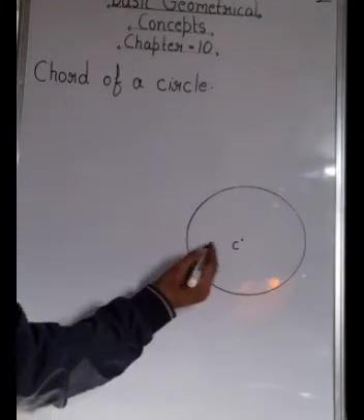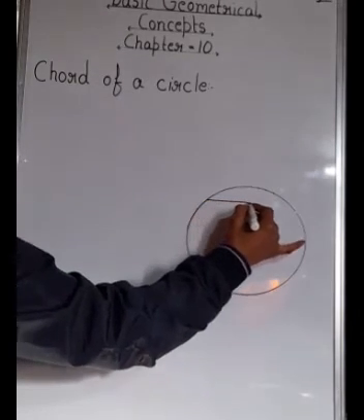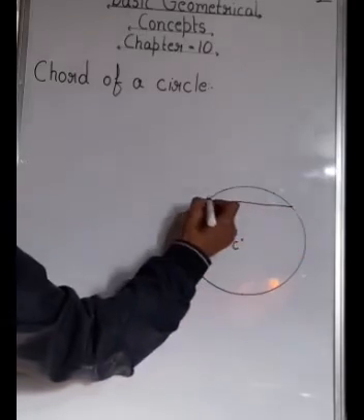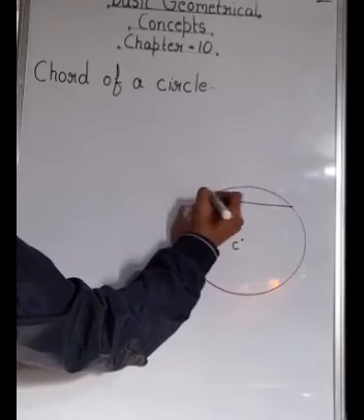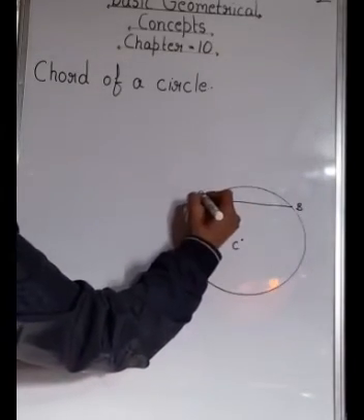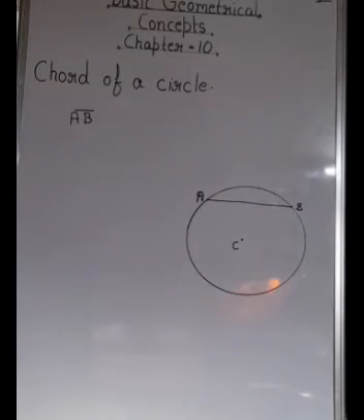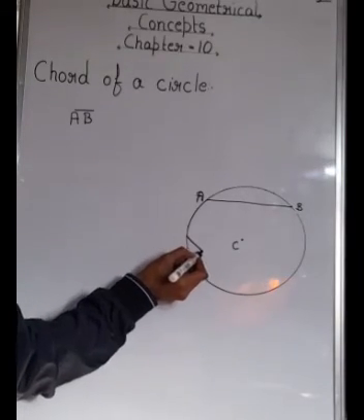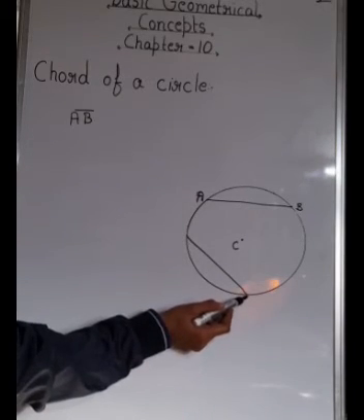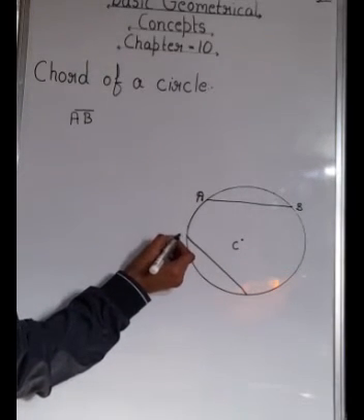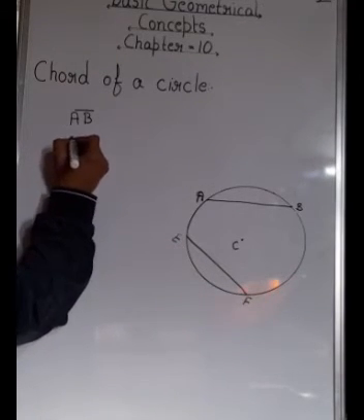So what is your chord? I have drawn a circle over here. A line segment joining any 2 points of a circle. Here we have one point, another point is here. So a line segment joining any 2 points of a circle is known as its chord. So here if I have drawn a line segment joining point A and B, AB is a chord. Similarly, if you draw a line segment like this, you can see that it is joining the circle at 2 points, and you consider them as E and F. So EF is your chord.